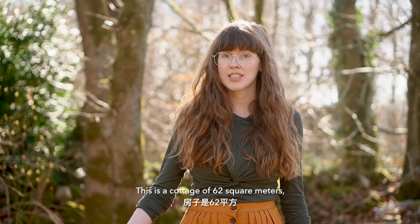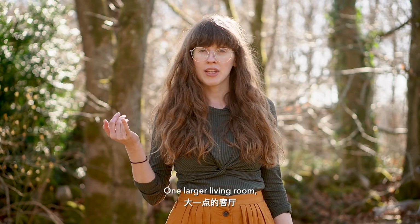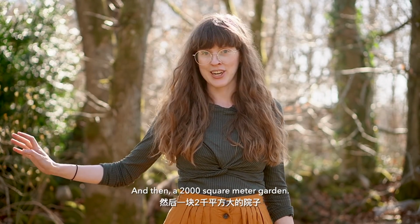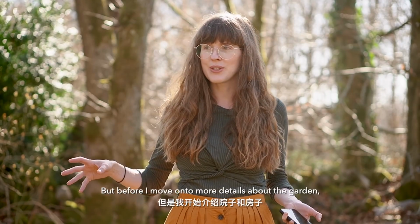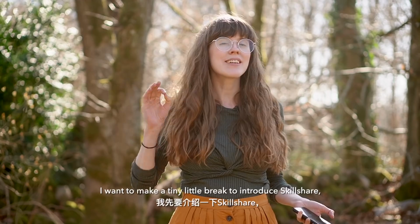This is a cottage of 62 square meters. It has 2 smaller rooms, 1 larger living room and a dining area, a kitchen and a bathroom, and then a 2,000 square meter garden. And it's a forest garden and it's really wonderful. It's all wild, it's so beautiful. But before I move into more details about the garden and the cottage, I want to make a tiny little